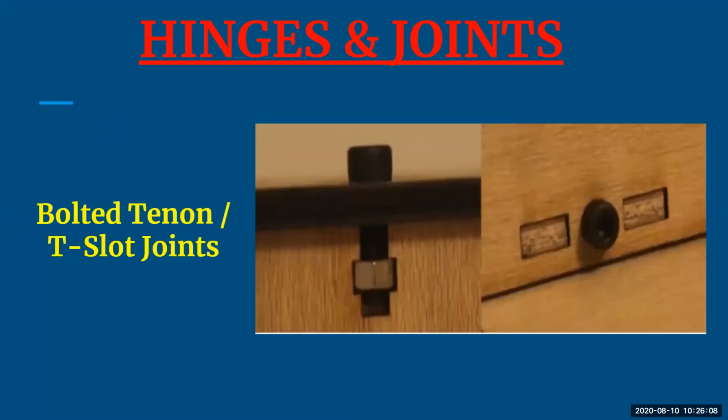Okay. Next is your bolted tenon and T-joints. When I talk about bolted tenon and T-joints, this is, you can say, a modified version of the mortise and tenon joint, wherein you can join by adding a T or cross shaped slots to the tenon sheet. You can also have a crossbar of T. In the diagram, you can see in the first diagram there is a T kind of structure, and in the second diagram you have placed a bolt through the hole in the mortise sheet. So these are the two structures, that is T slot.